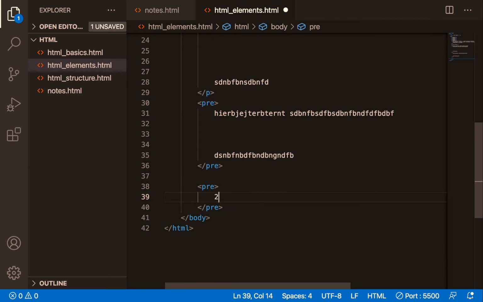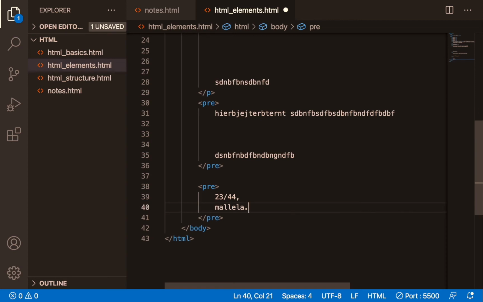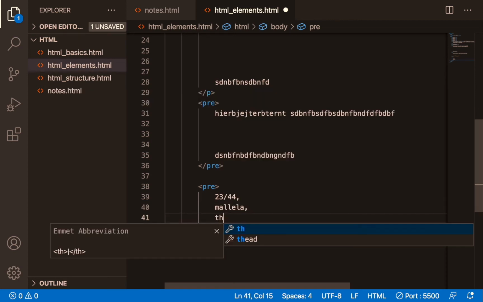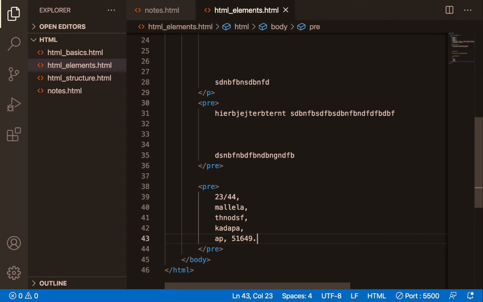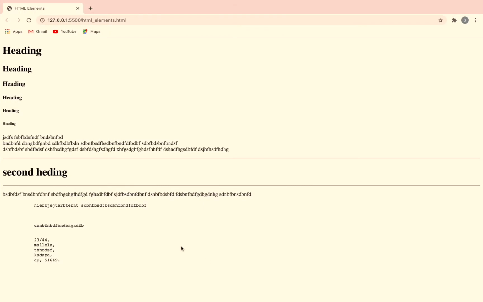Let's say some 22 by 20 door number, village name, then whatever mandal, some district, then state, okay, pin code. Now save it, see how it will come. See, it is coming as it is. So at this time you can use the pre tag.